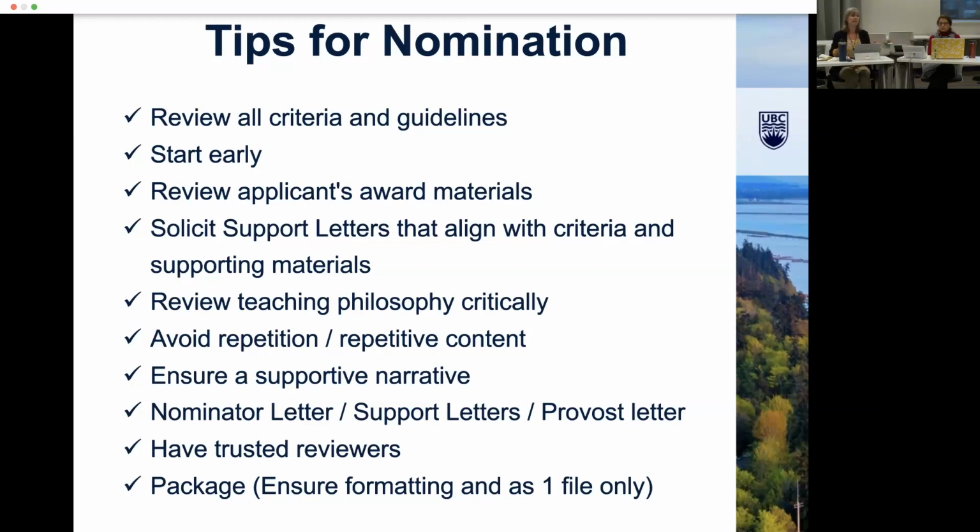And really being very, very intentional and asking for the specific, because sometimes we've got letters where one person said the same thing as another. So it's really important. The nominee is the person who's going to know who can best write those letters to support that thing that they're looking to highlight in their package. And then just even giving ideas, and I know as CTL, if you're doing West Coast or 3M, we're going to help you get those letters of support,